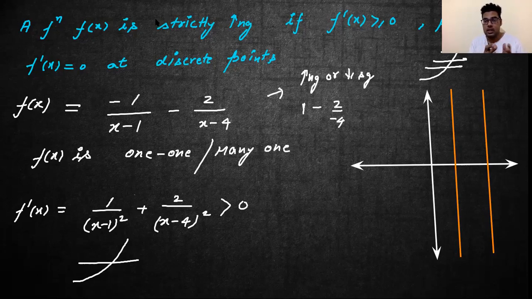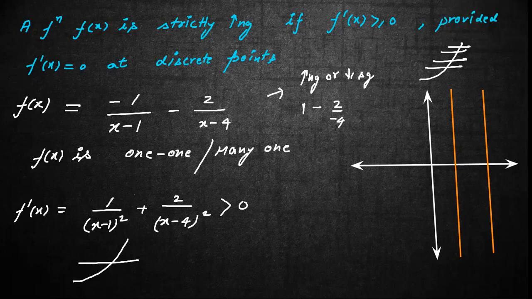So when you're approaching x equal to 1 from the left hand side it is going to infinity, but when you're approaching from the right hand side it is going to minus infinity, right? Because on the right this becomes positive, the entire expression becomes negative, and only this expression will be judging the sign of the infinity, because it is talking about x equal to 1. Similarly, the same thing will happen around x equals 4. When you are approaching from the right hand side it will be minus infinity, and when you are approaching from the left hand side that will be plus infinity. So this is the difference.